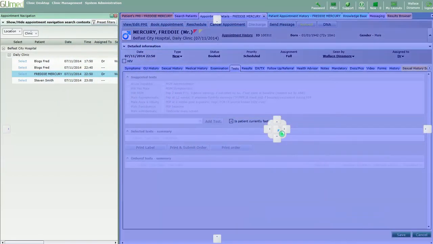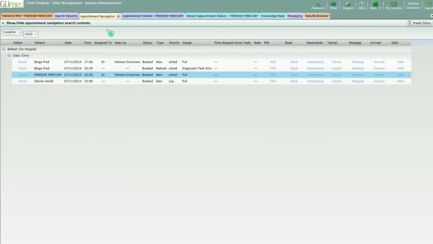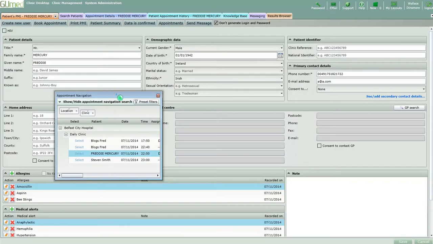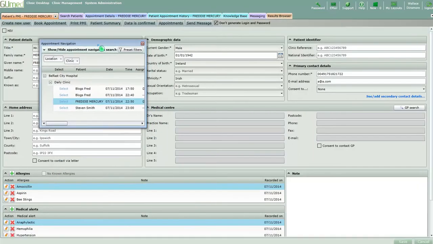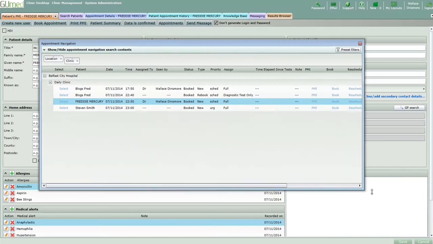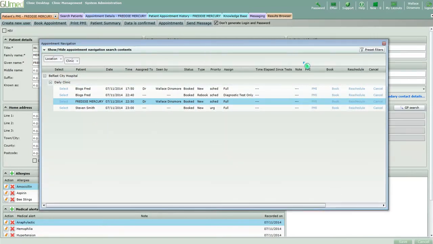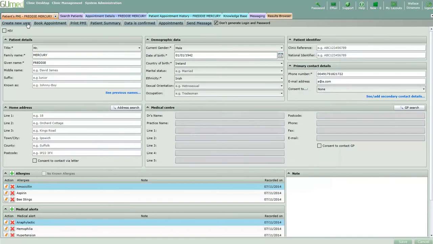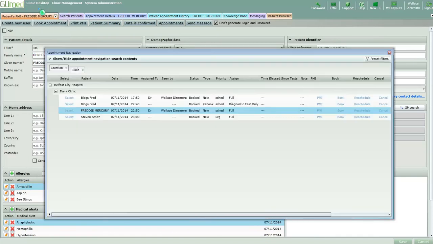So for example, I can take that, put it back into the main central screen here, and that'll push it back up to here. If I was to double click on appointment navigation, we'll then leave it floating. I could probably use that. If I wanted to like that, I would have to close it, go back to appointment navigation from the menu to get it back each time. And if I find myself with a floating window like this, I can also return it back here by double